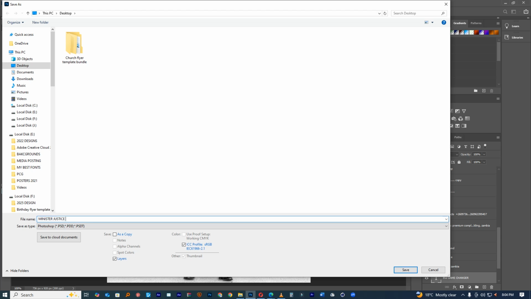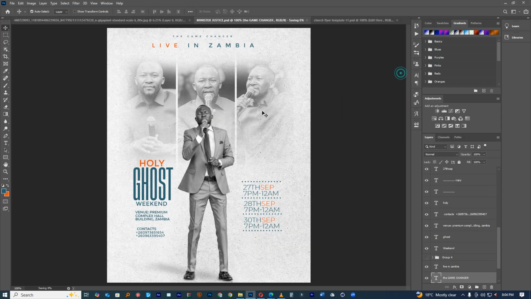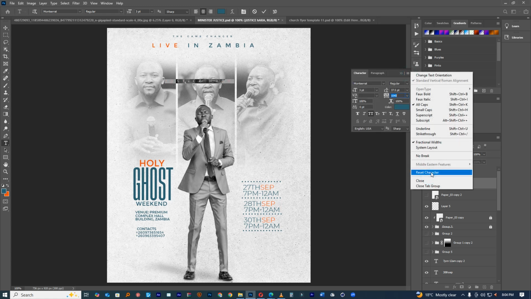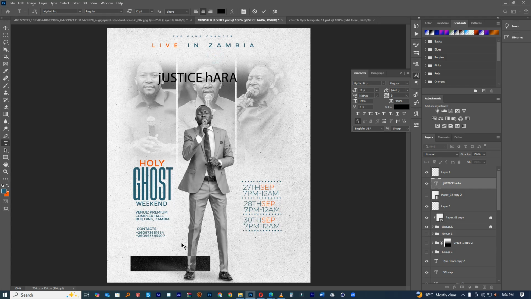Justice. Okay, so I will change it later on. But what we do now is we look for Justice Hara. And then what we're gonna do is, for our game changer, we're gonna double click there and then reset the characters. Reset the character so that I can see what I'm doing. Of course, I've done a very useless job. So Justice Hara,